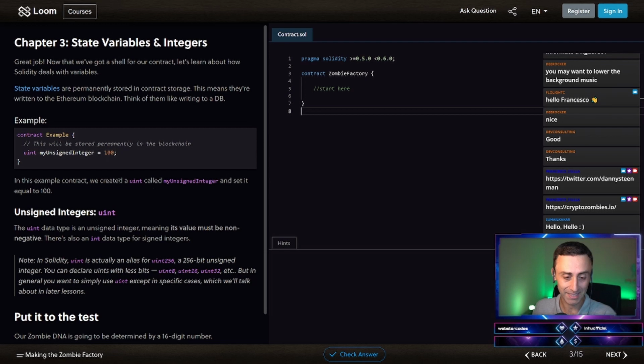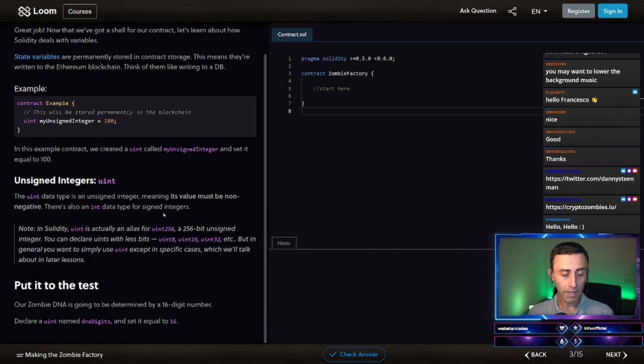So this is the example. In this example contract, we create a uint called my_int and set it equal to 100. Okay, I can do it. Unsigned integers: the uint data type is an unsigned integer, meaning its value must be non-negative, so only positive.